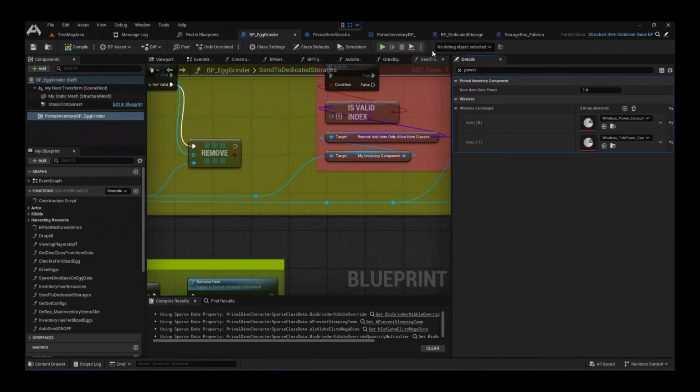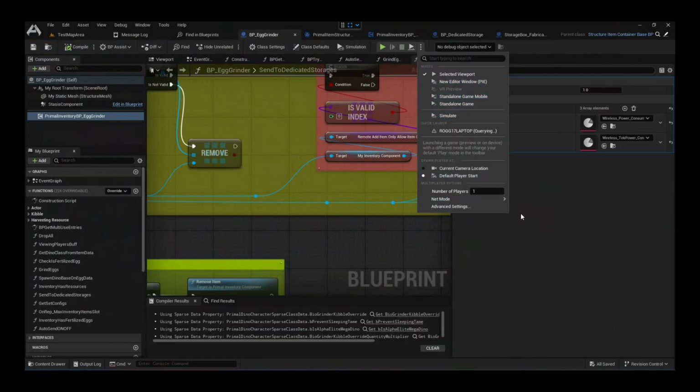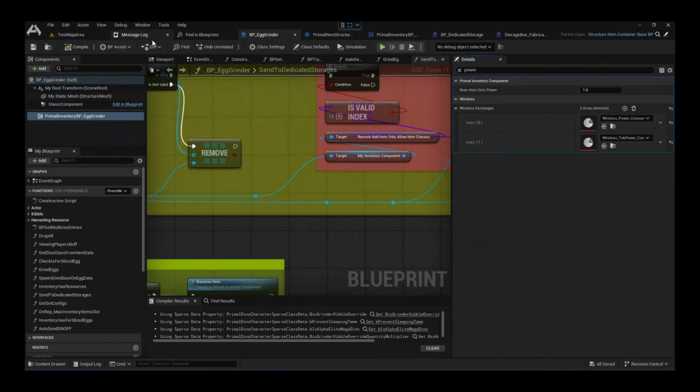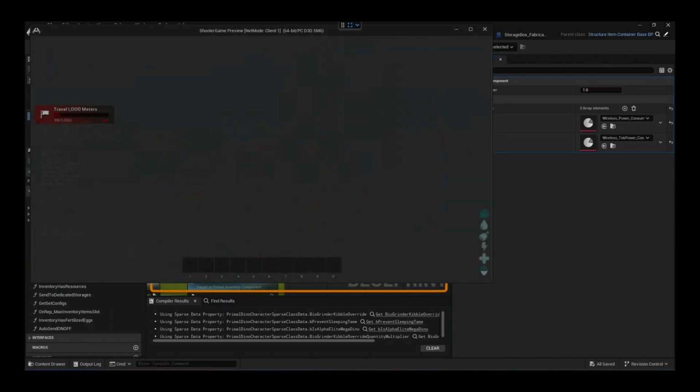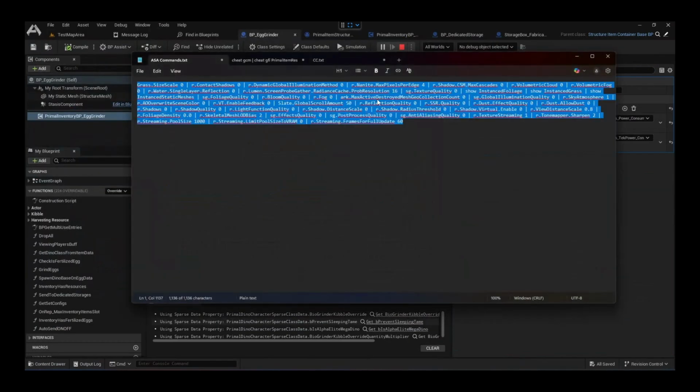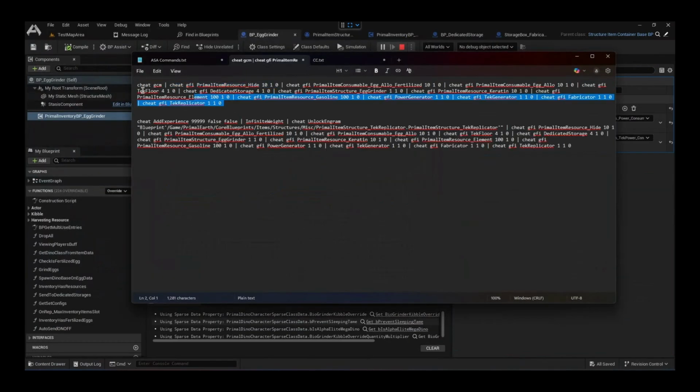Think we need to play. No, we didn't. Why is it cleared out? It cleared out our save. Now we need to build again. So what we copy here on my cheat command